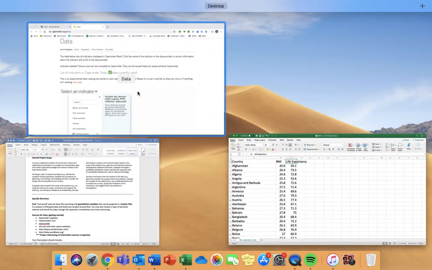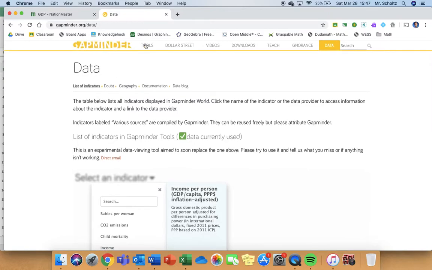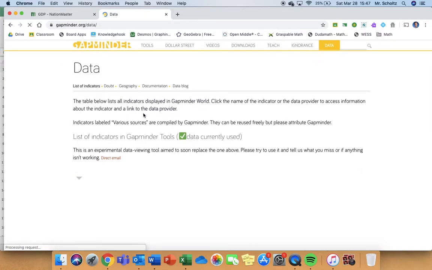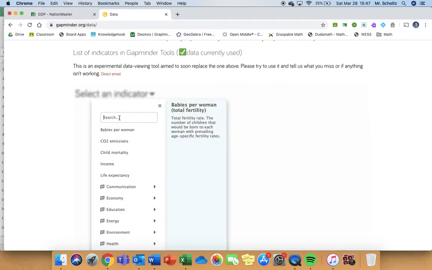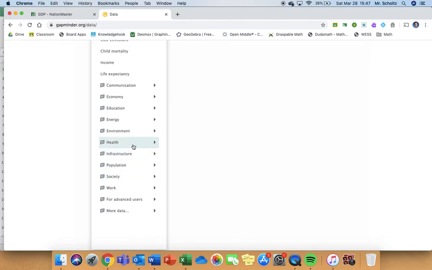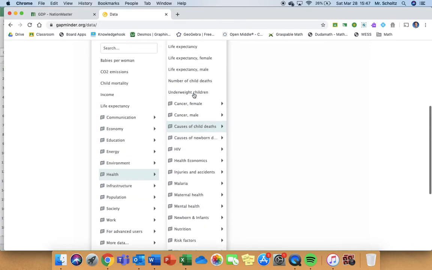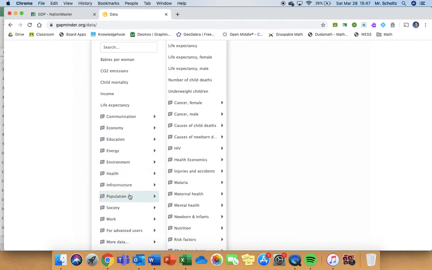So what I'm going to do is show you how to go to Gapminder, and I'm going to go to Data right at the very top here. And I've already located mine, but you can pick here from searching, or you can use the topics down here. So my two variables are shown here. One is under health, life expectancy, and I'm going to do male just because the other one that I have here at,